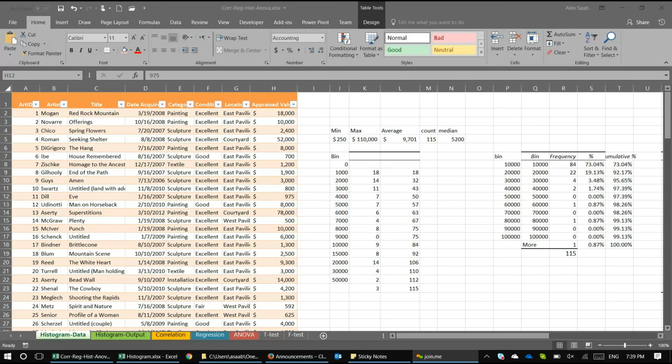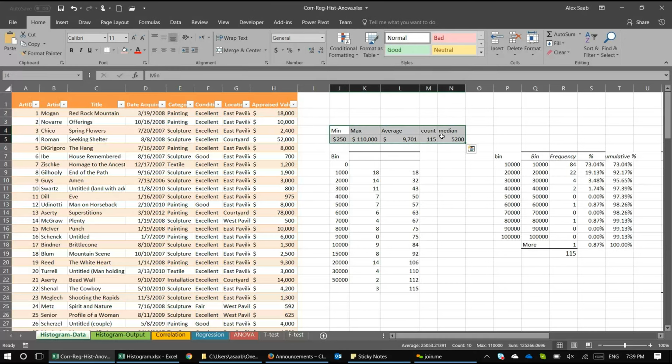Okay, so last time we went over the histogram. We were analyzing the appraised values of our art collection. We have 115 values, and initially we started with the basic statistics: minimum, max, the average, count, and the median. Initially we see the minimum is 250, which is nothing compared to the max of 110,000, with the